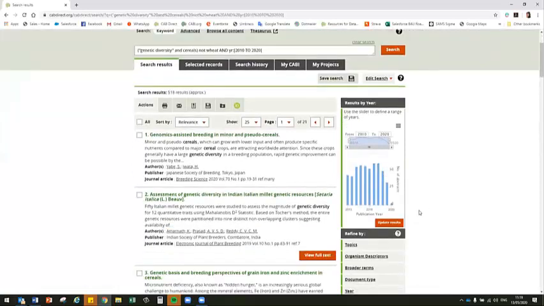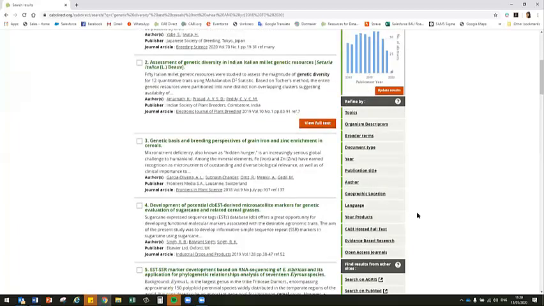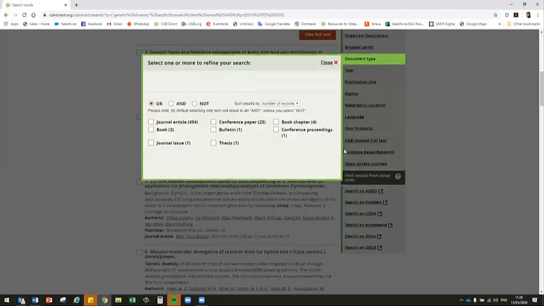So that's narrowed my results down to more recent publications. We can certainly refine this further though. Underneath we have the refine by options here, and this allows you to refine your search results by a number of different facets. So for example, document type here. Let's say for now we're really only interested in seeing journal articles, but you can see here all the different types of